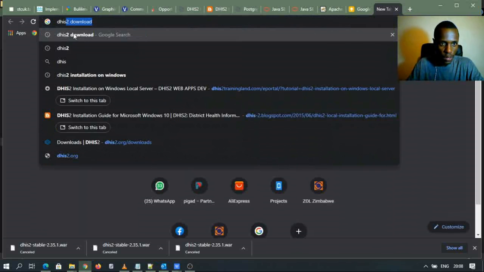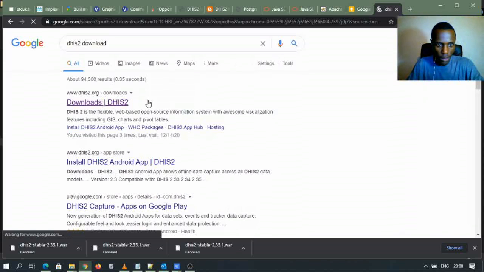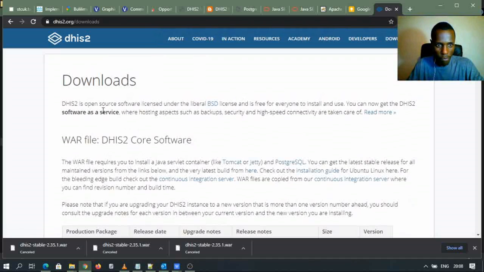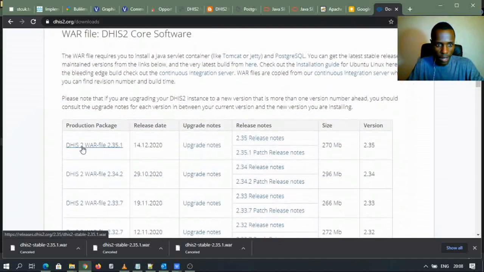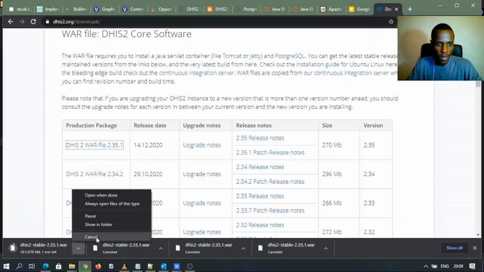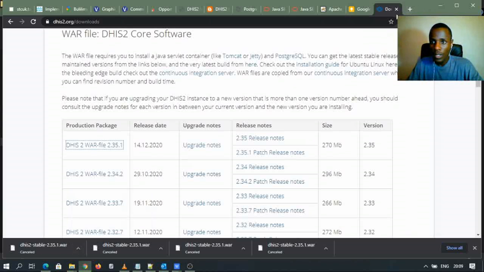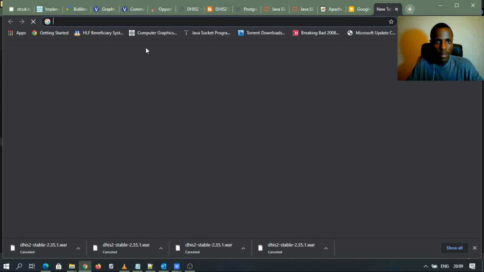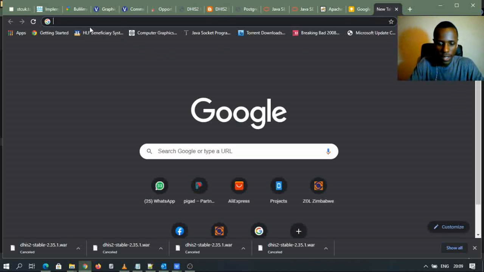DHIS2 download. We select the latest version, which is 2.35. It was released today. So we get our DHIS2 file. Since I already have it, I have to cancel. Then thirdly we will need the JDK